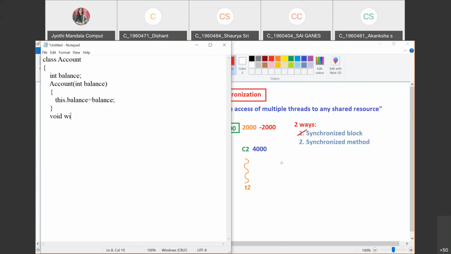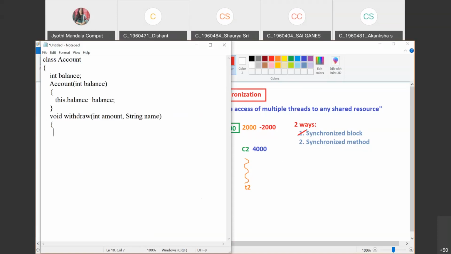Now, in an account, we can perform a withdraw option also. So, I am writing a method called withdraw. Whenever you want to perform any withdraw, you need to send a value also, like an amount, what amount you need to withdraw. So, I am sending an amount, and I also want to send the user name, whoever is trying to perform the withdraw. So, String customer name I'm also taking. I hope you all are following. Whenever a withdraw option is performed, you need to ask the user the amount, and the person who is performing the withdraw also.